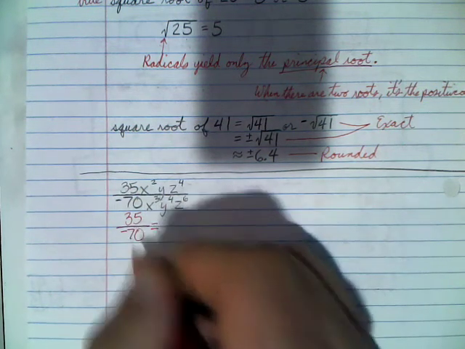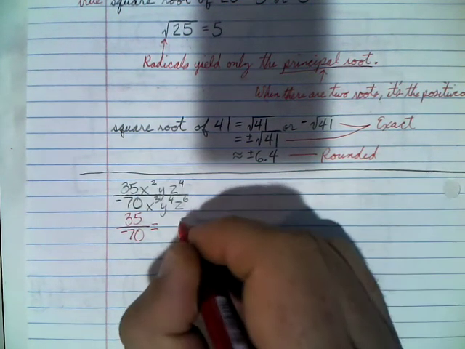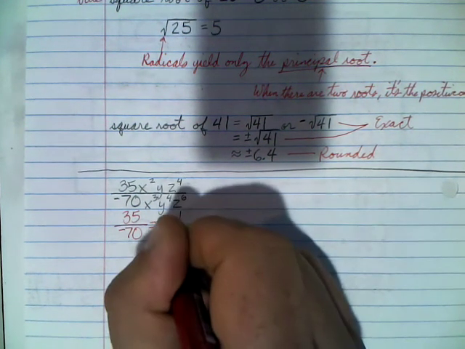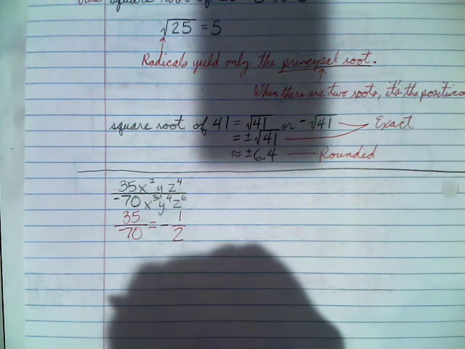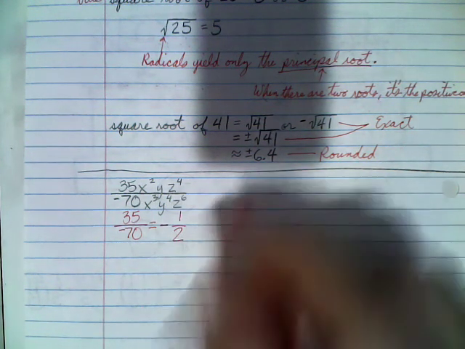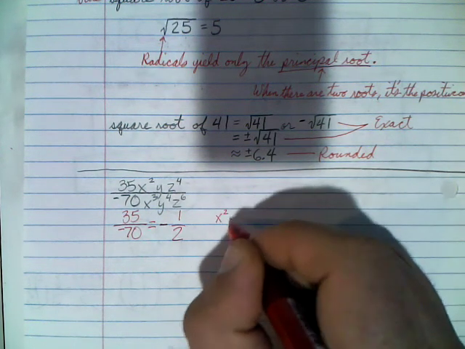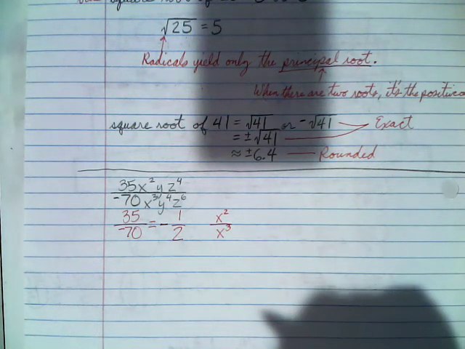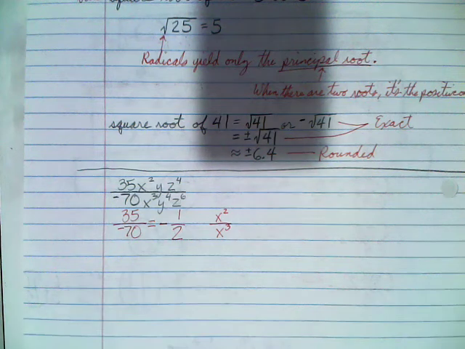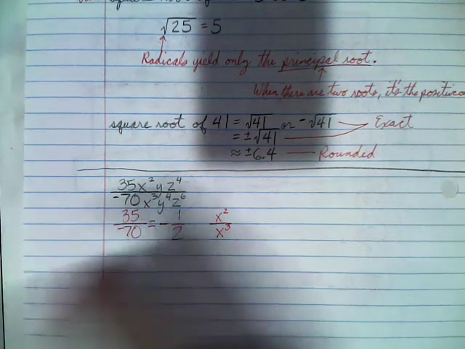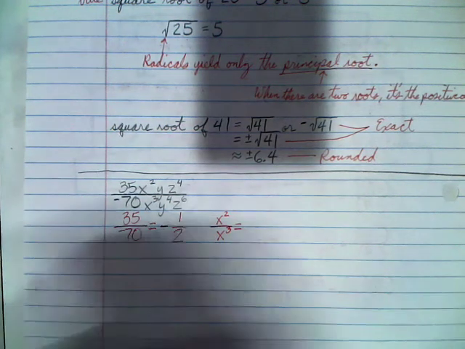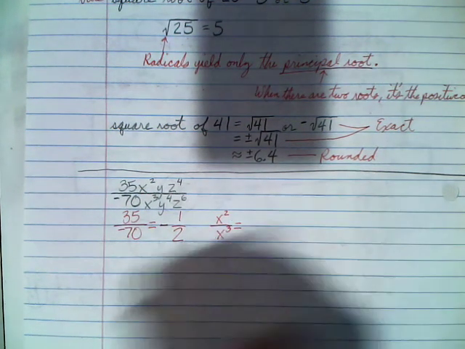Well, 35 over 70 is going to be a fraction. In fact, it's going to be 1/2. And since there's nothing to cancel out that negative, it's going to be a negative 1/2. As far as my x's go, I have an x squared and I have an x cubed. So we know that when we divide, we subtract our exponents. I'm going to show you just a little secret here. So if you were to subtract here, we'd have a 2 minus 3, which would give me a negative. If you want to avoid the